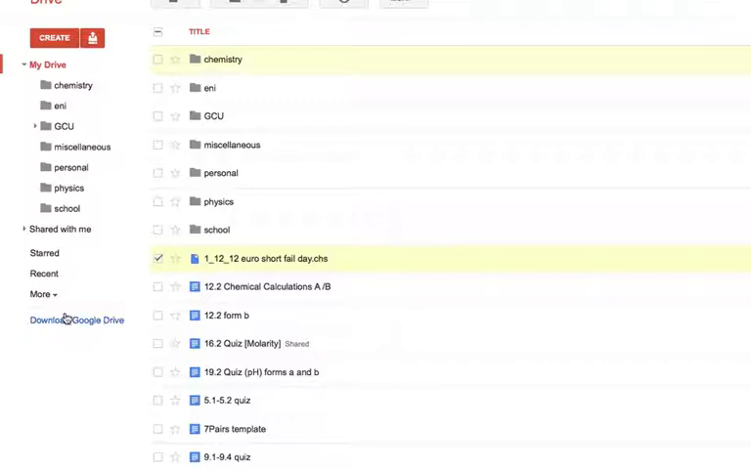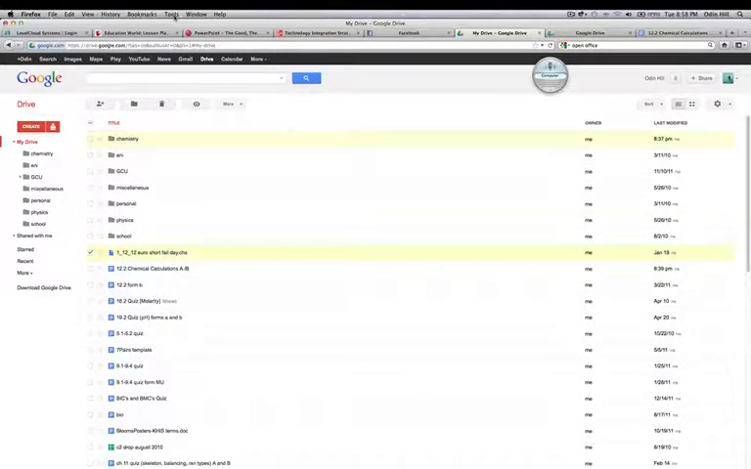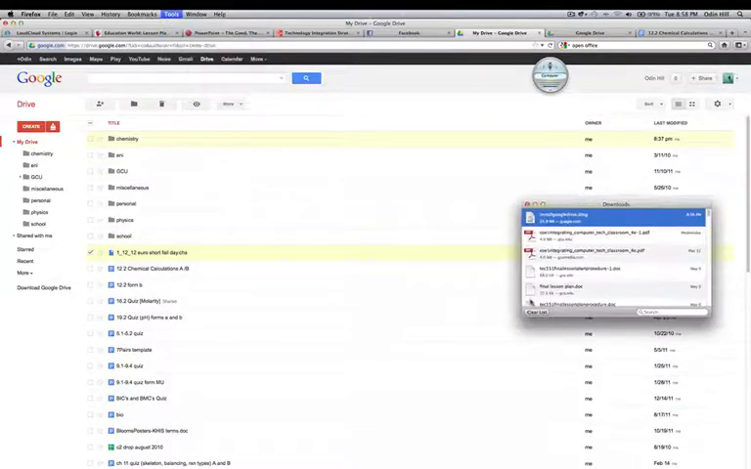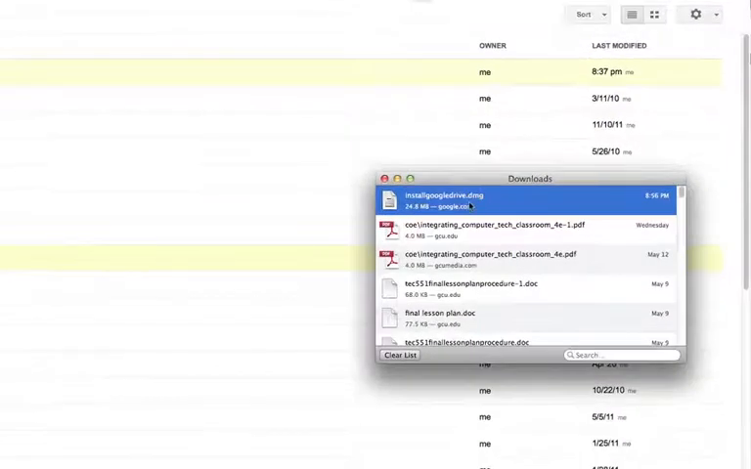I've already done this, so what I'm going to do now is just go to my tools in Firefox, and this will show the downloads, the recent downloads. You can see I've installed the Google Drive.dmg here. DMG is kind of like a zip file in Mac. So what I'll do at this point is go ahead and open that up,